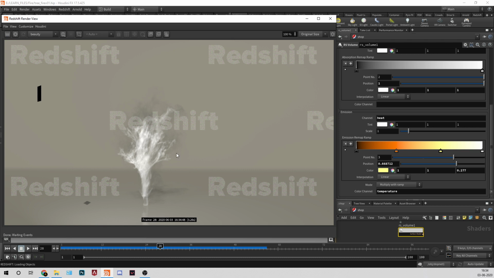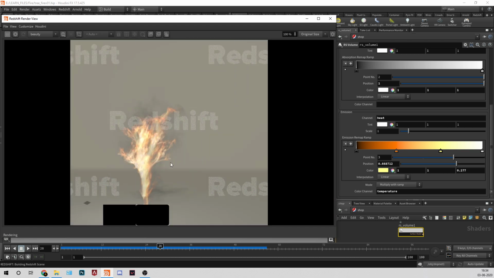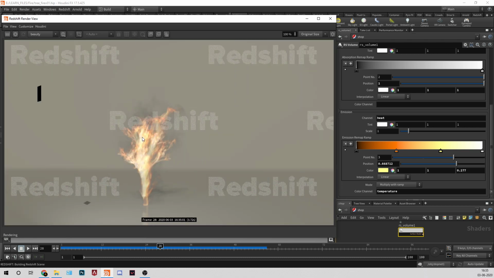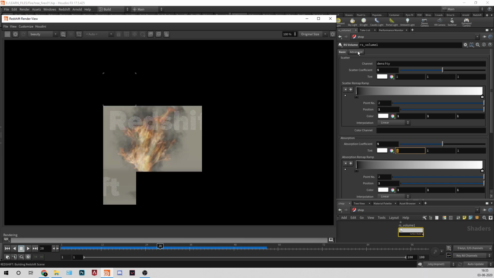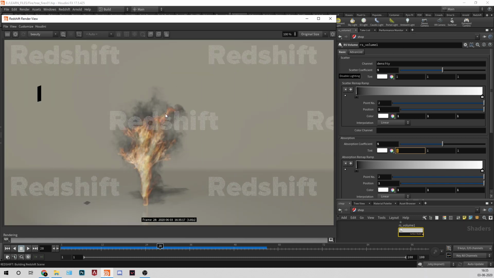Render it, so we get some look. You can see this smoke also, so I'll show you the smoke. Yeah, now we have that smoke also.